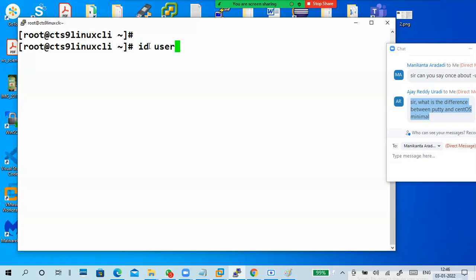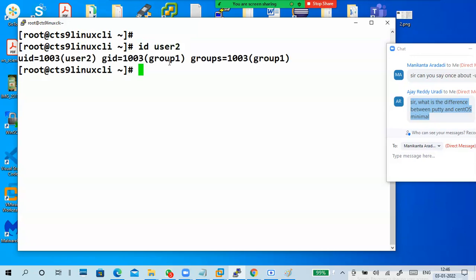With id user two, what is my primary group? Group one, and it is in only one group. Now tell me the command.